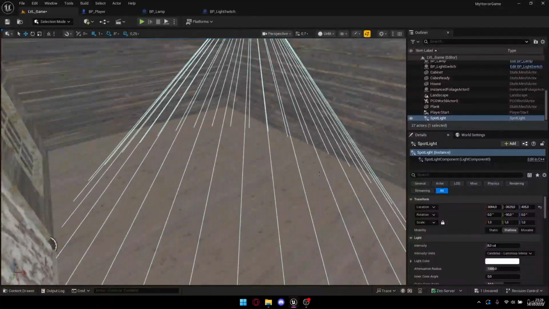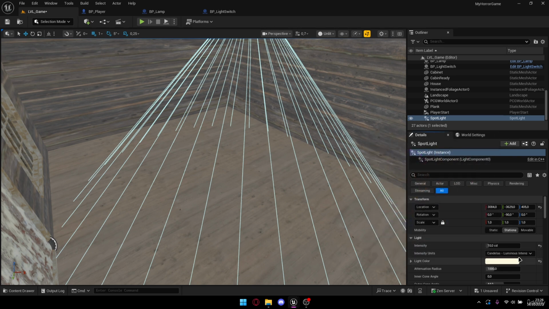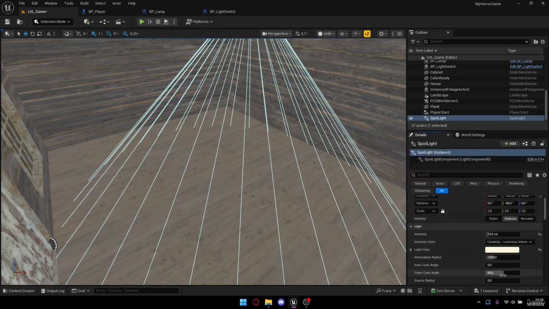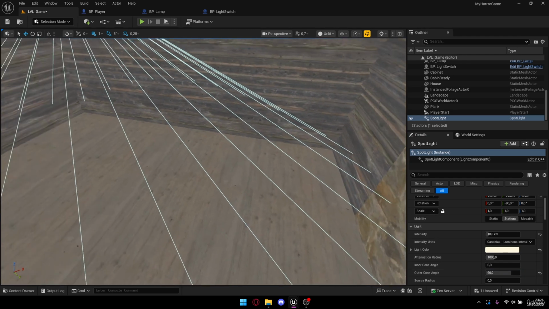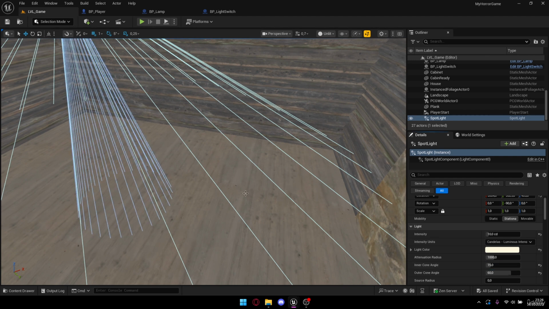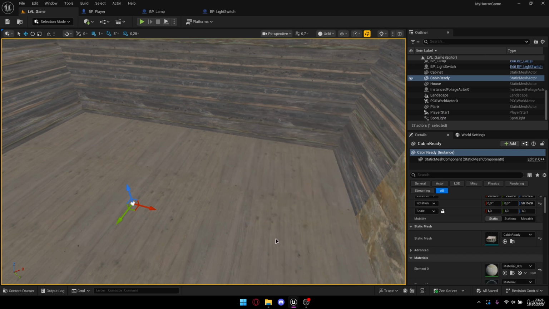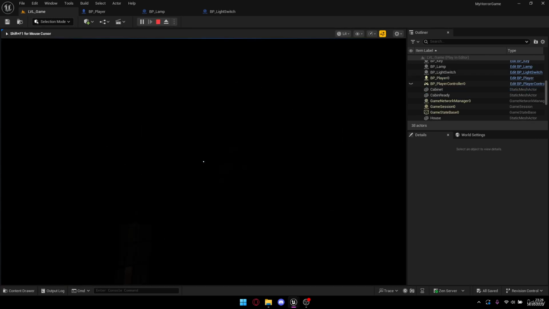And now we can just tweak some values. So first of all, I want the intensity to go up to 10. As for the light color, we can make it a little bit yellowish, so it's a little bit more realistic. As for the outer cone, we can go something like 60, so it will light up the entire room. And we can also add an inner cone with a value like 15. Now if we play from here, this is how the light will work, and I think this looks pretty